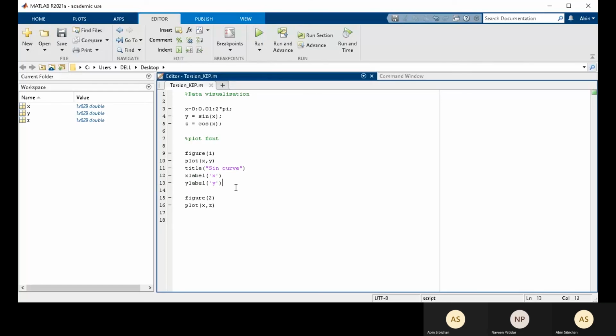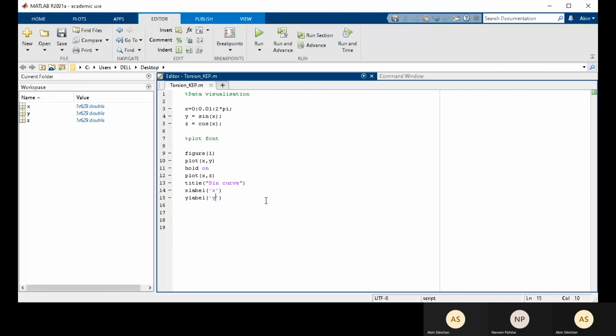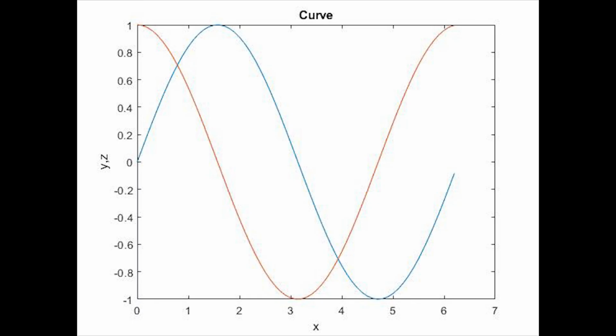Now another important thing which can be taken care of is, suppose we want to plot both of these graphs in one plot. In that case, we have a plot, right? And if we want to hold the next plot onto this plot, we will use the function hold on. Since we are only holding it to the first plot, we will only need one plot. Let's say I'm running this code now. See, I have both the plots on one. It has the required x and y.